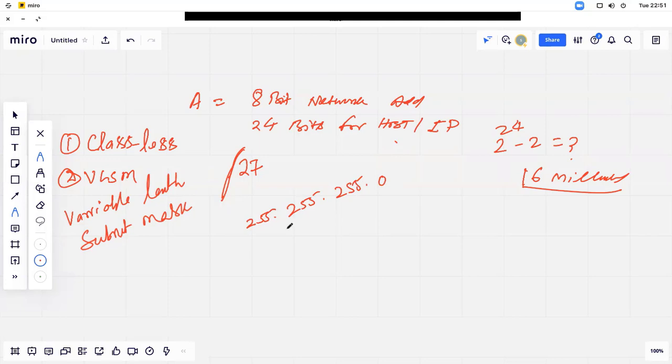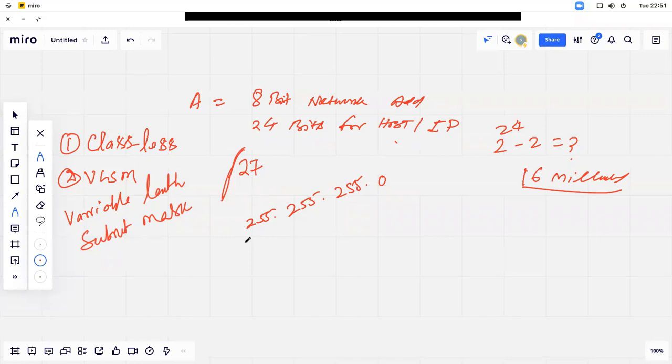255.255.255.0. This one is the 24-bit address and it is the C class. But forget the class; just understand that this is 24 bits. As you know, each octet has 8 bits. This one is 8 bits, this one 8 bits, this one 8 bits. So we have 24 bits now, but our requirement is 27 bits. So how can we fulfill this requirement?